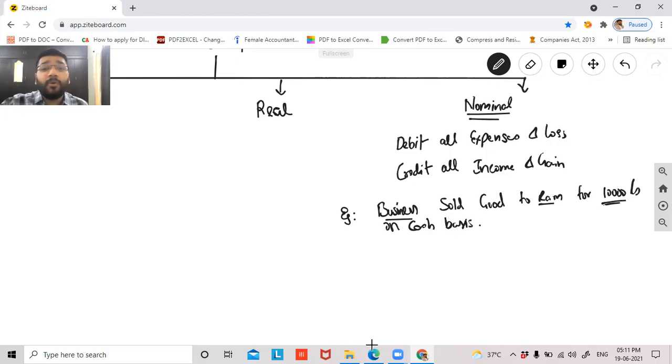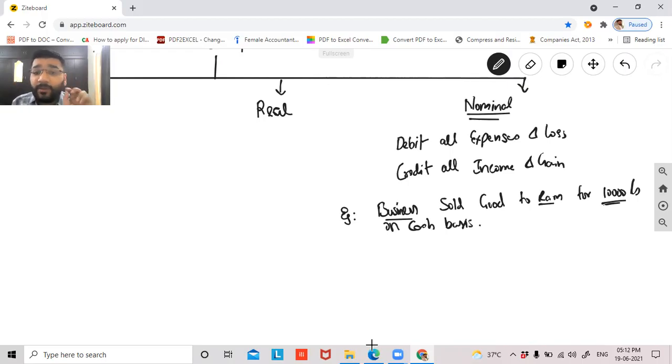I told you, guys, the ultimate motive of having accounts in the picture is to find out your profit and loss, right? Profit and loss is found out through the trading and P&L account. Another motive of having accounts is to know the financial position of your business. To know the financial position, you need to prepare a balance sheet. In the balance sheet, we have assets and liabilities. So if I keep these two statements in mind, trading and P&L will have all the flavors of income, expense, gain and losses, and the balance sheet will have the flavors of assets and liabilities. So I need to capture all these things. So in this transaction, please sense and tell me which accounts can you feel here?